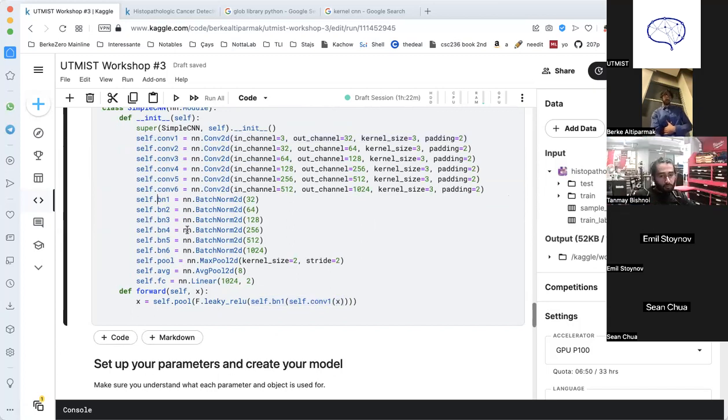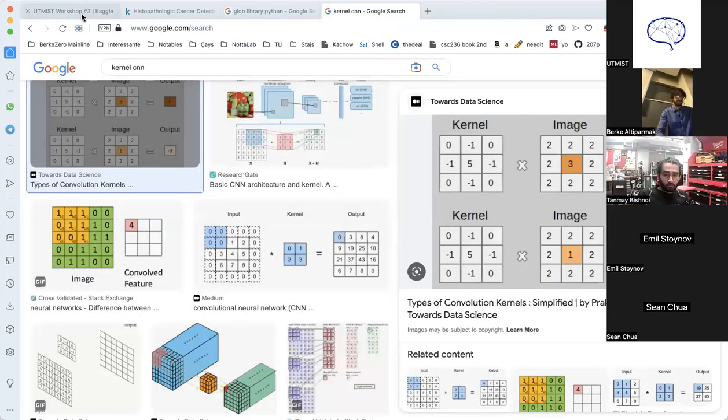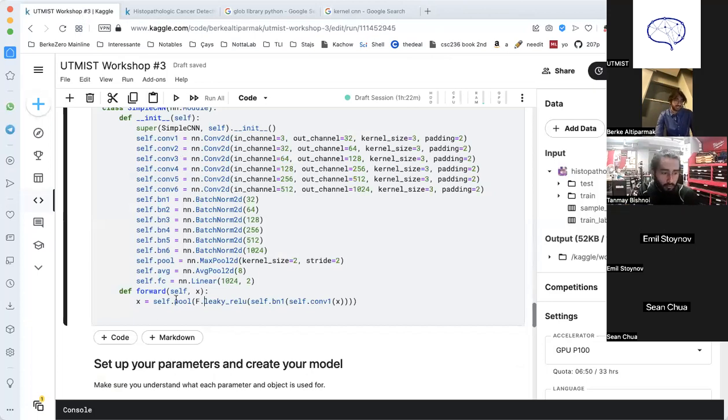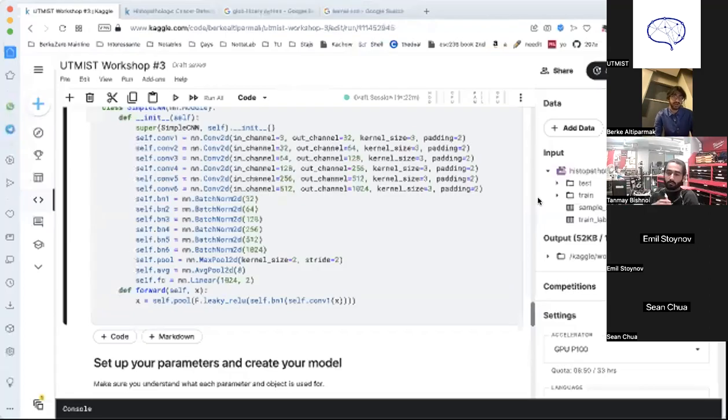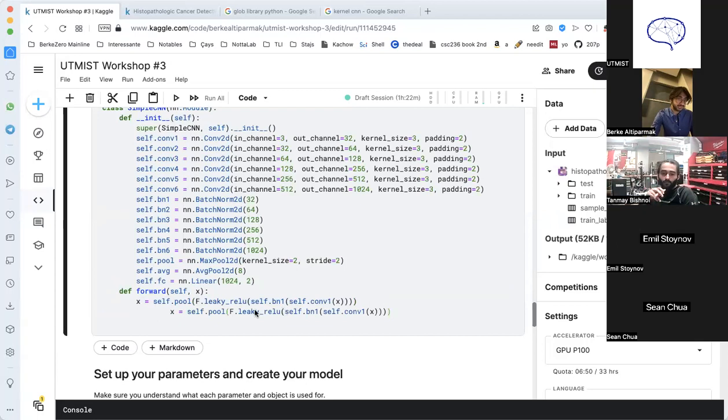We take in the batch normalization layer, and then we put the normalization layer into a leaky ReLU function, as we talked about earlier. I compared it with arctan(x), and now we just pool it, and this is our x now. So we modified our x, but we continue modifying our x. So this is our first one. In the second one,